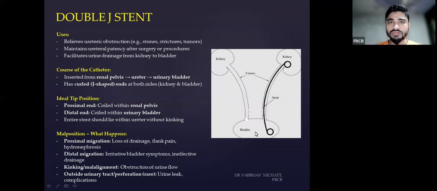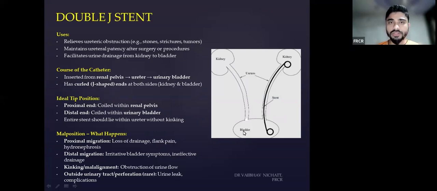So the retrograde DJ stent placement is more common and it is usually done by the urology people. The antegrade DJ stenting is only done whenever the urologist finds it difficult to spot the vesicoureteric junction, or if there is any edema or some mass over there, and the urologist is unable to negotiate through the vesicoureteric junction, then the interventional radiologist comes into the picture for inserting the DJ stent in the antegrade fashion. Okay, understood. So the antegrade DJ stent is inserted from the renal pelvis through the ureter into the urinary bladder,